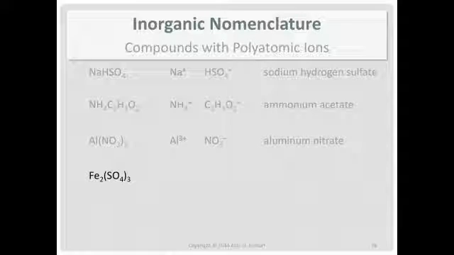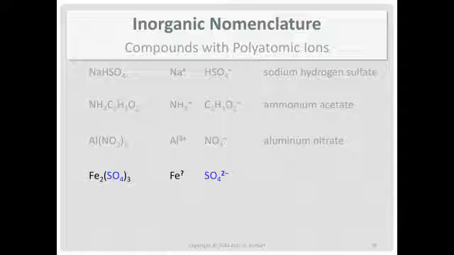So the first part is iron, and the charge on iron is, wait a minute. Remember, iron, it's a transition metal. It's not one that I have my students memorize. And maybe you remember that iron can have a couple of different charges. So you don't know what the charge is on iron immediately. You have to figure it out. And we figure it out the same way we figured it out with binary ionic compounds, by charge balancing. You go to the part that you do know. And we know the sulfate ion, because we know that the charge is 2 minus on the sulfate.